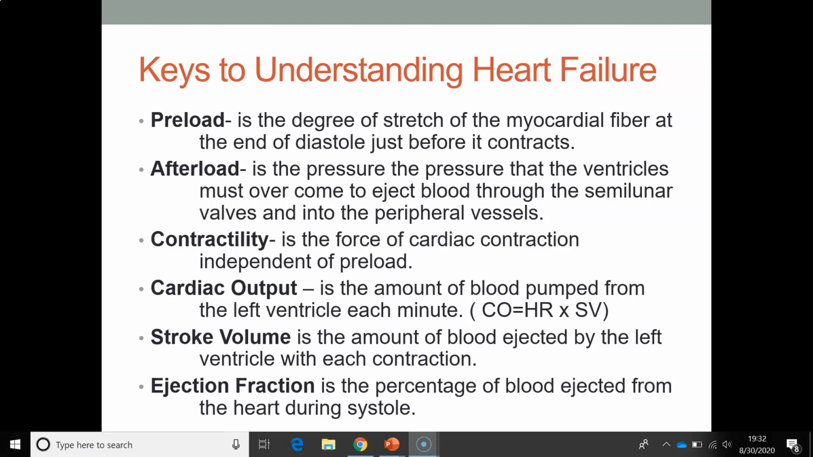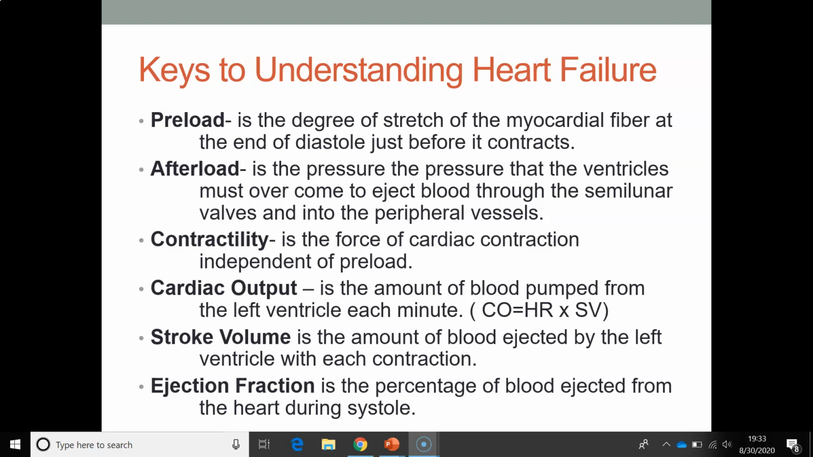Afterload is the pressure the ventricles must overcome to eject blood through the semilunar valves and into the peripheral vessels. The amount of resistance is directly related to the arterial pressure and the diameter of the blood vessels. Now, contractility is the cardiac contraction's force, and it is independent of preload. Contractility is increased by factors such as sympathetic stimuli, calcium release, positive inotropic drugs, and is decreased by acidosis and